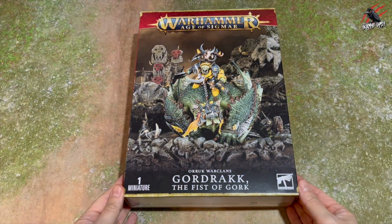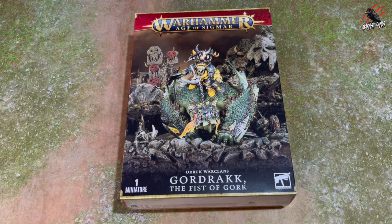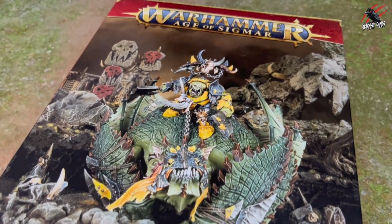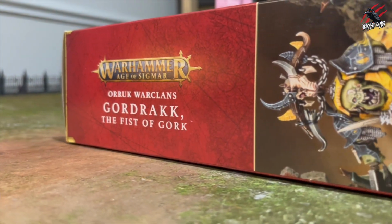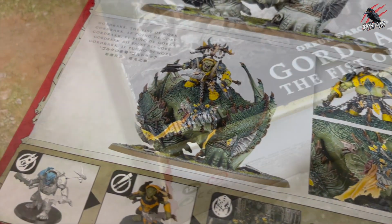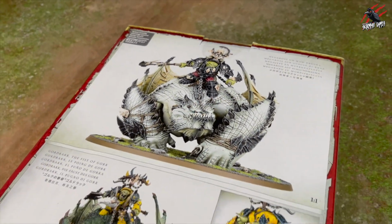I'm Lee, and in this video I'll be unboxing GORDRAKK, the Fist of GORK for the Orruk War Clans. In the video I'll go through all the contents of the box and build the model so you can see exactly what it looks like when it's all put together. And you've got two options with this model to build GORDRAKK, the Fist of GORK, or a Megaboss on a